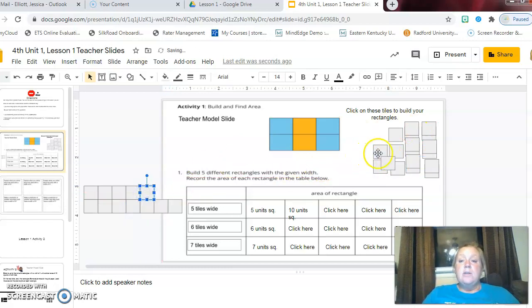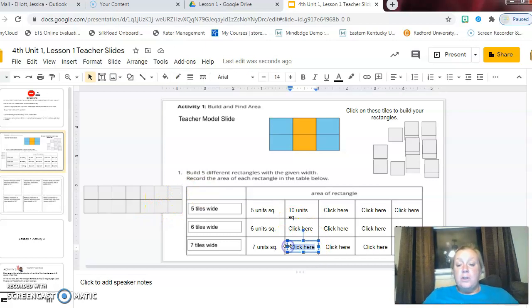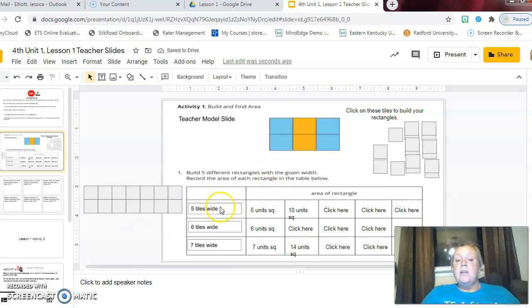So this rectangle is going to be 7 tiles wide by 2 tiles tall. And I'm going to find the area, so that's 2, 4, 6, 8, 10, 12, 14. So 14 units squared and so on. Okay? So when you're done and you've done this for all 5 rectangles,